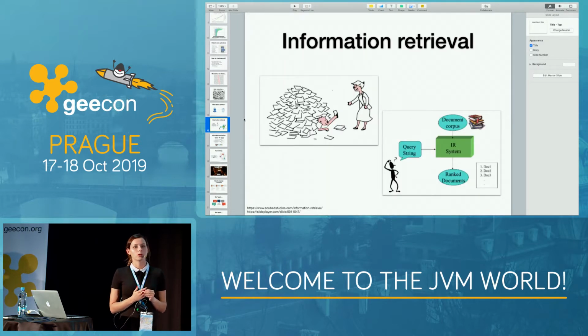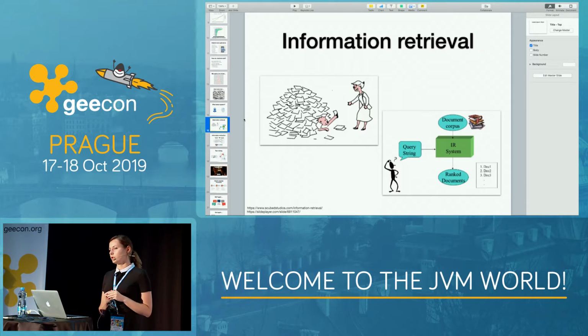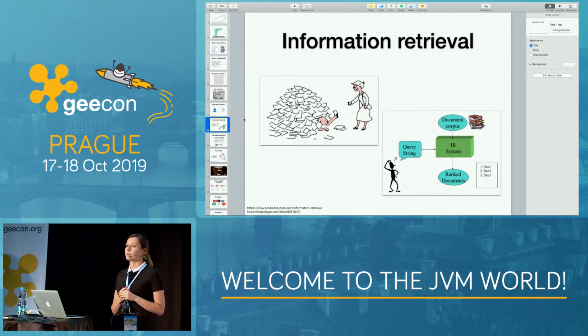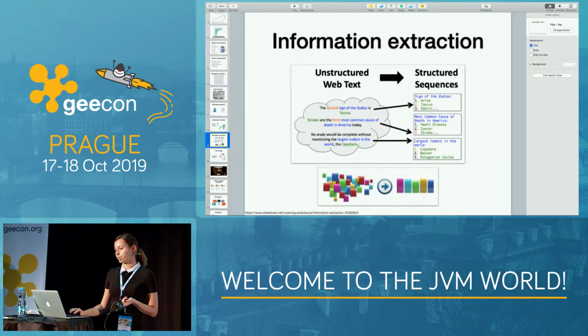So one of the most important concepts in chatbot techniques is information retrieval. If you have a lot of texts, this huge amount of data, you want to find the information you're looking for inside that. And for that, you're using information retrieval. You have some query string that you want to look for. You go to the IR system, and there basically are a lot of machine learning techniques, for example. And based on that, you find the most important documents or text that you want to find.